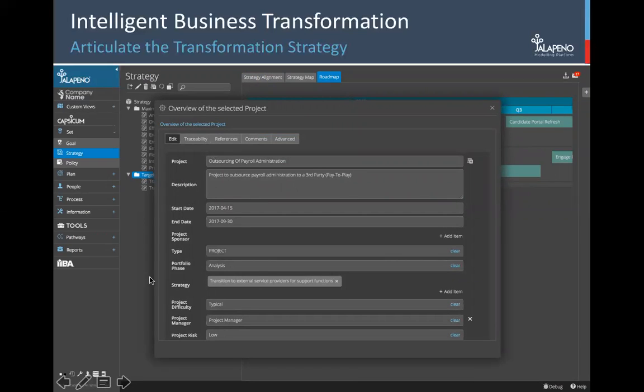And the thing about Jalapeno is it just allows you to continue drilling in and drilling in. So here we've got a little bit more detail on this particular initiative. It's a project, outsourcing of payroll administration, a project to allow third parties to move our payroll admin onto a third-party platform. We've got some opportunity here to lay out the start and end dates, and you can see those start and end dates will,